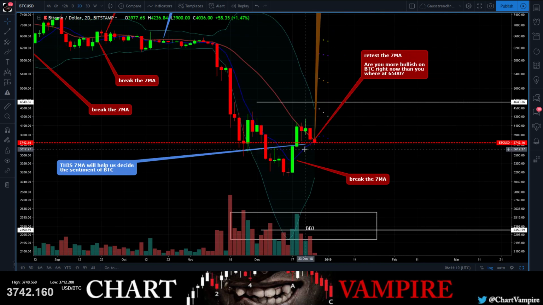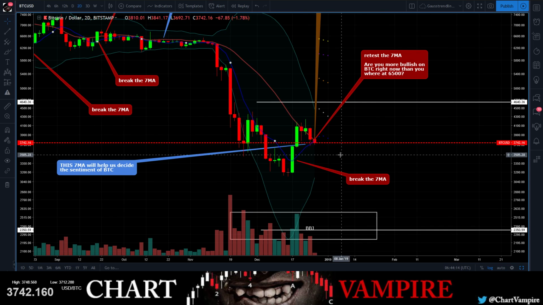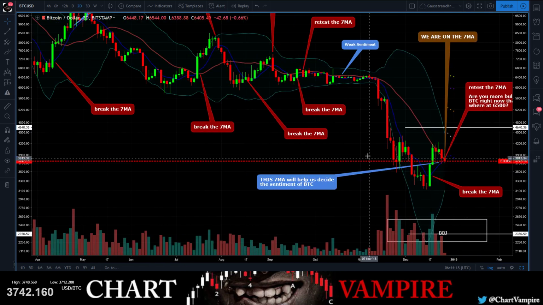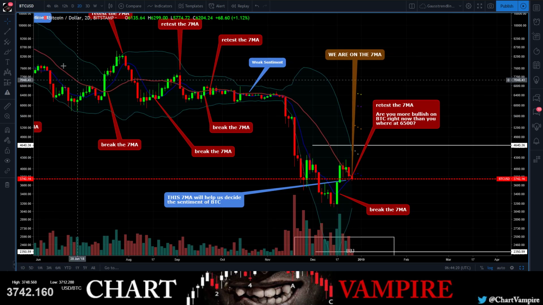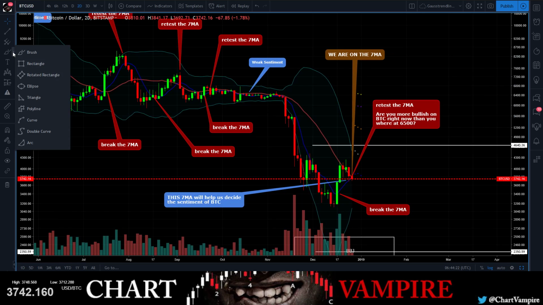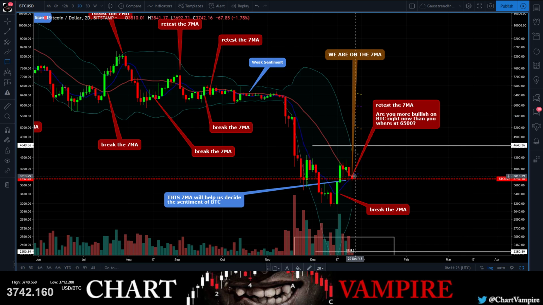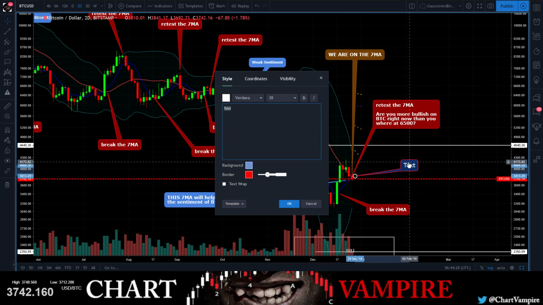We are below the 2-day 7MA, right? So here's our 2-day chart. So we're going to put a brand new little thinker bubble in there. Breaking the